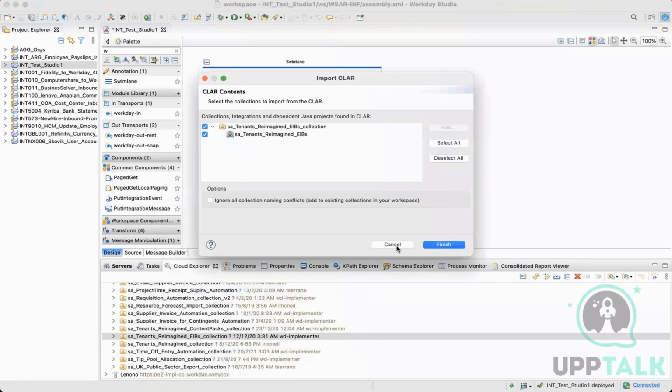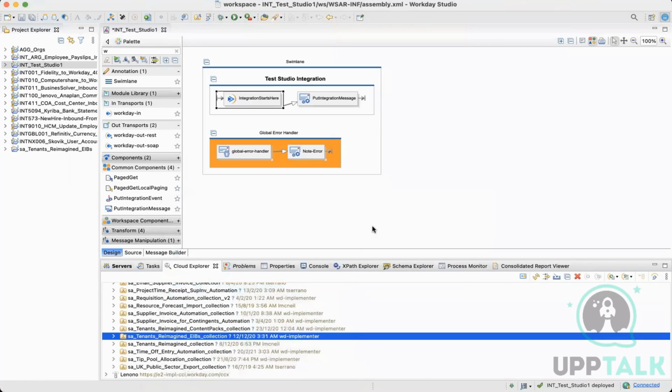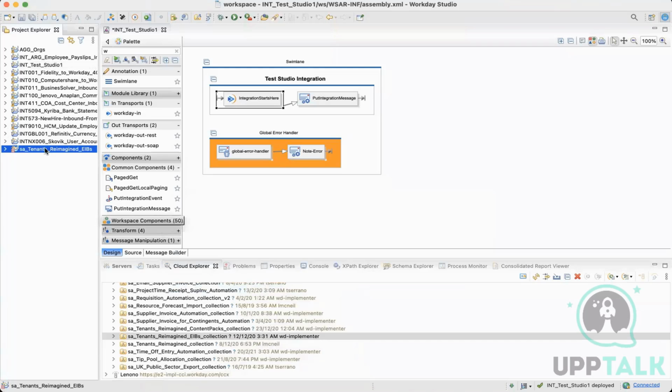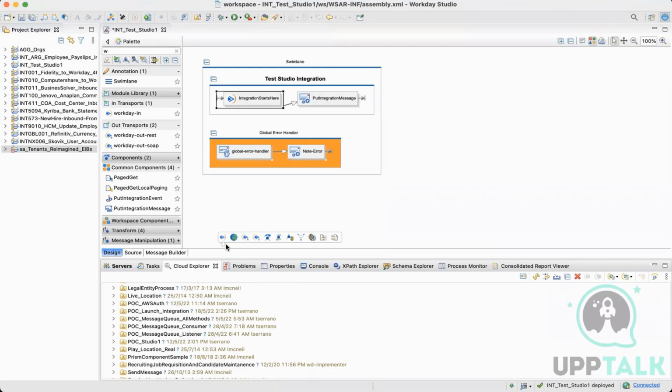Once you click on finish, it will come into your project. Okay, is it clear so far how to import CLARs, how to export CLARs, how to see what integrations are there in the tenant, then the global error handler, start here, and